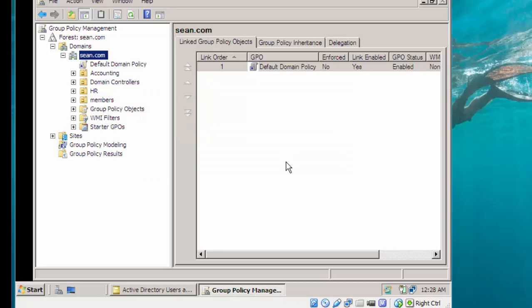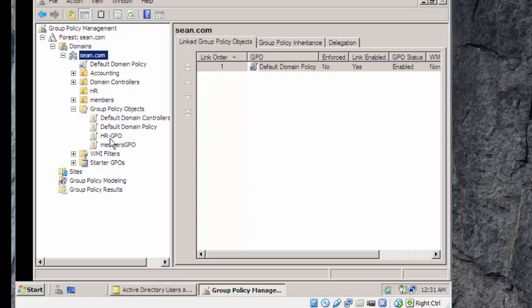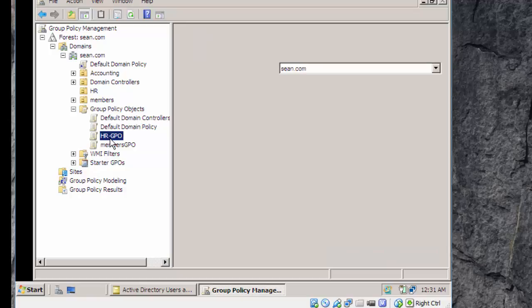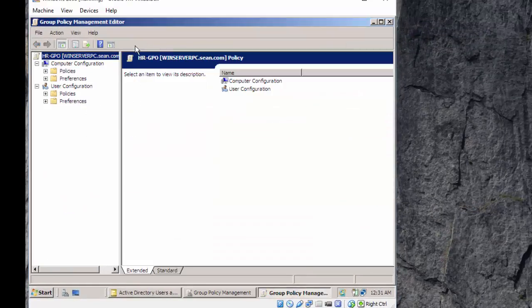Click OK. Now go to the HR GPO. It will be here in the Group Policy Objects folder. Now you go into the HR GPO, right click, click Edit, then you go to Policies,